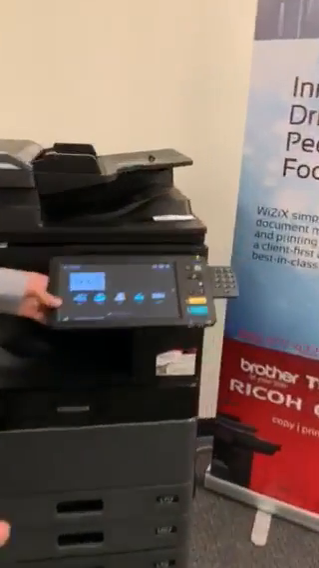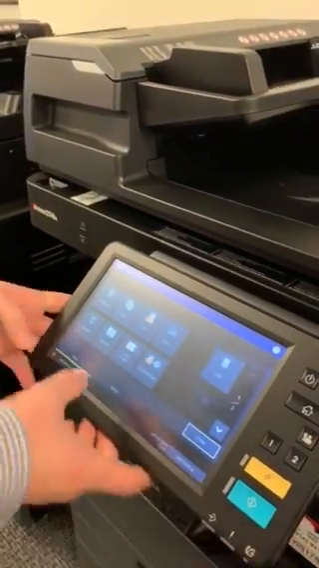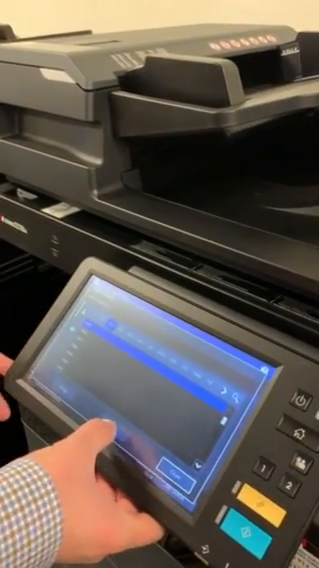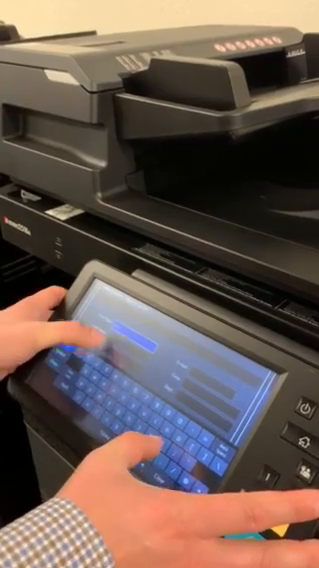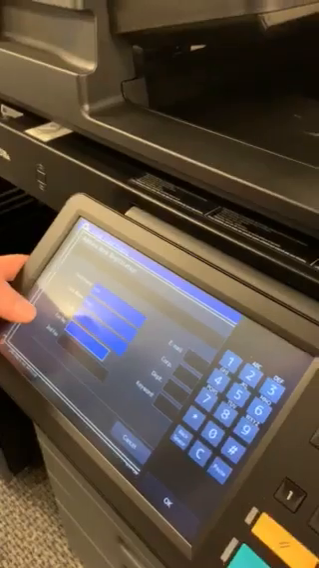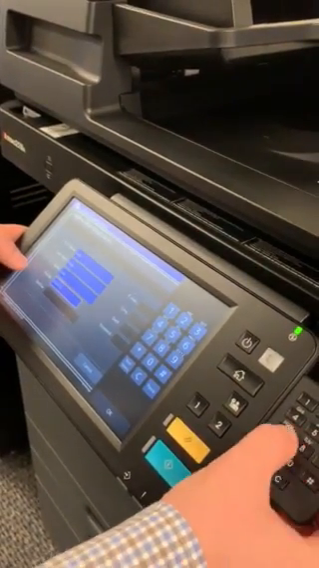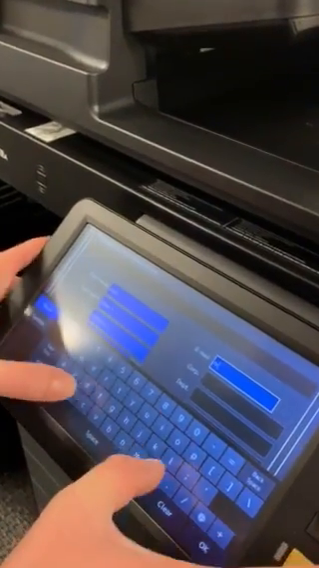First, step over to your Toshiba device, thumb over to User Functions, Address, select a spot, Entry, enter the information about your contact, fax number, email,